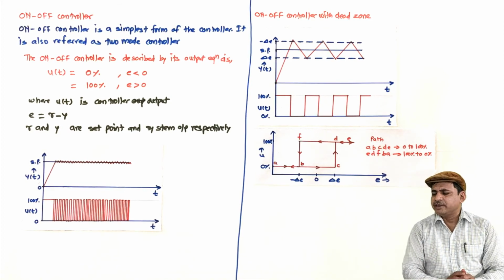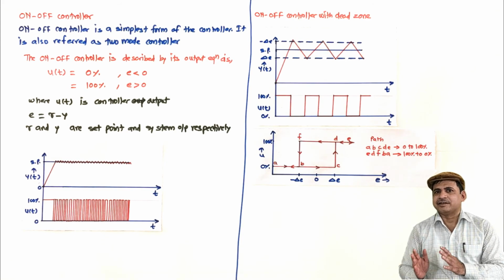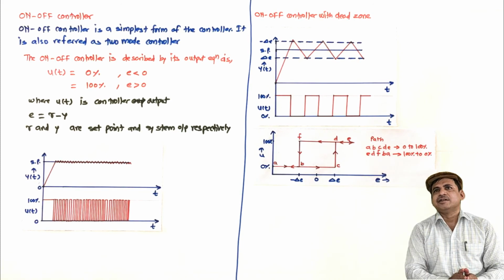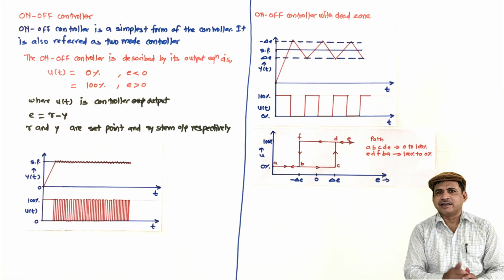It is used in very simple systems such as home appliances like a heater or water level controller. In that case the on-off controller is preferred. But wherever a controller with higher accuracy is required, like in reactors, distillation columns or motors, in that case we need to go for other controllers. It is enough for this lecture. From the next lecture we will start the PID controller.